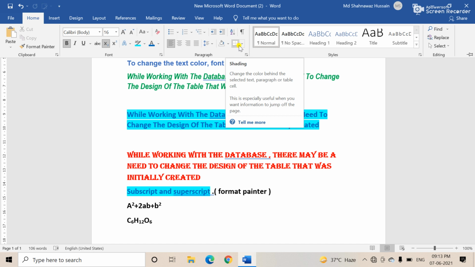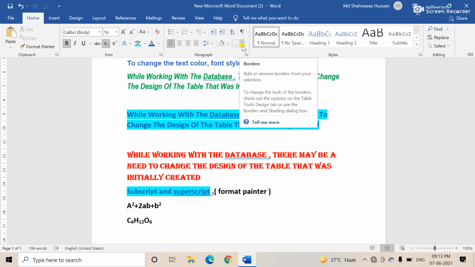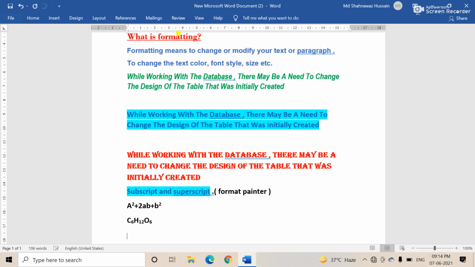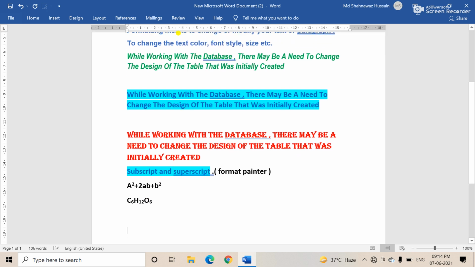Okay, shading color, and this is the border. Okay, so let's see, first we are going to discuss about the bullets and numbering. So the topic is bullets and numbering.